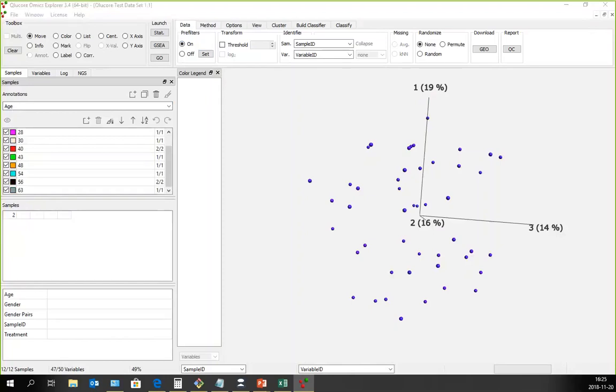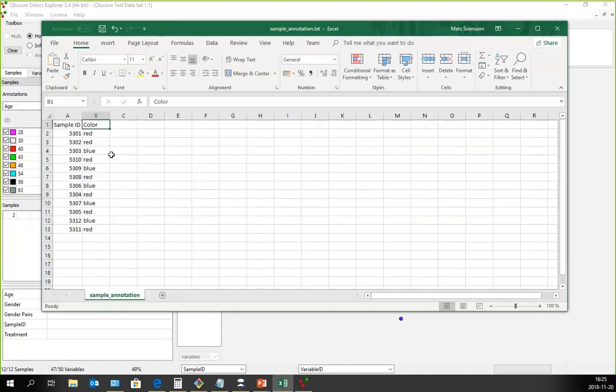This text file has been input to Excel, and it's an ordinary tab-separated text file, so it will end up in the columns in Excel in this way. So what I have here is a list of the sample IDs, in this case the sample IDs I have in my data set, and a new annotation I want to add called color,